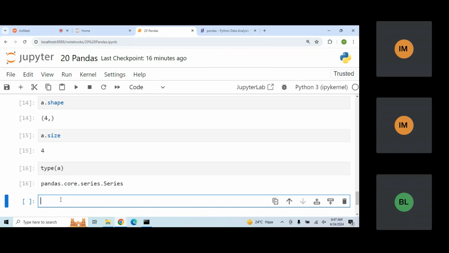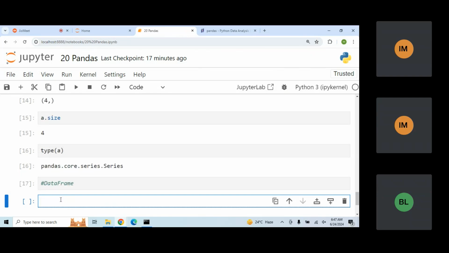Now I wanted to store the data frame. To create the data frame, first of all I need to create the dictionary, and then I can convert that particular dictionary into the data frame. So let's create one particular dictionary, and here I'm going to create some car data. In this I want to create one key name. So here I need to store key and values. The key name I'm going to create is something like showroom one,